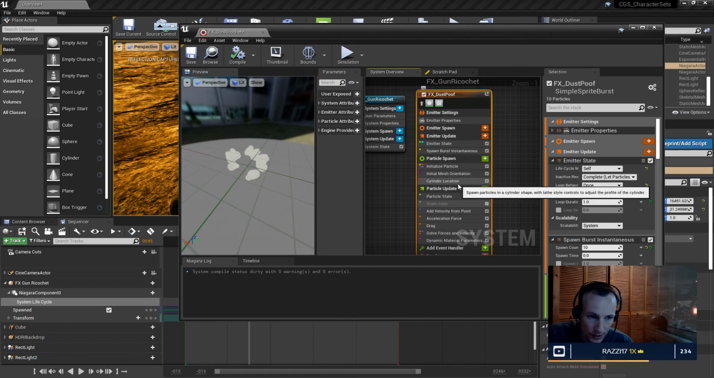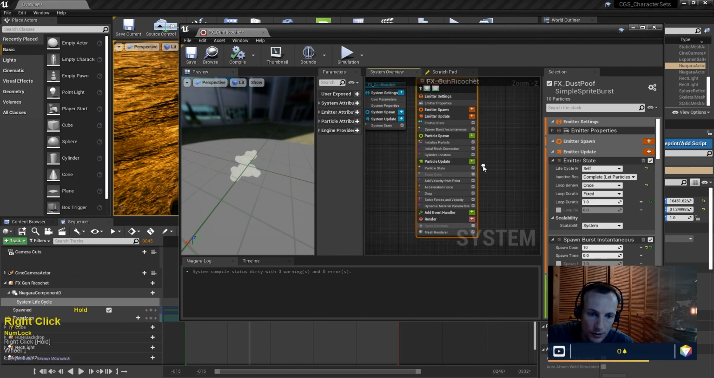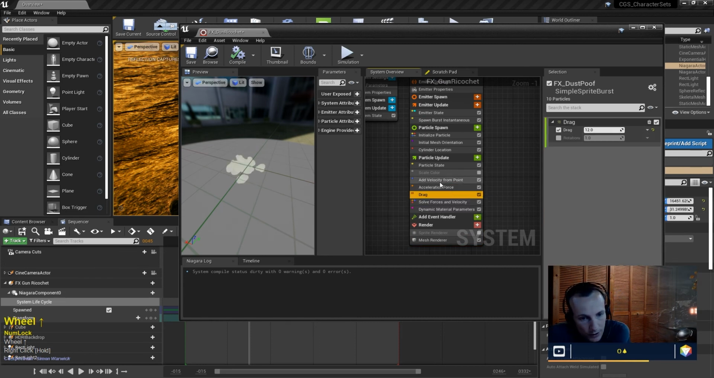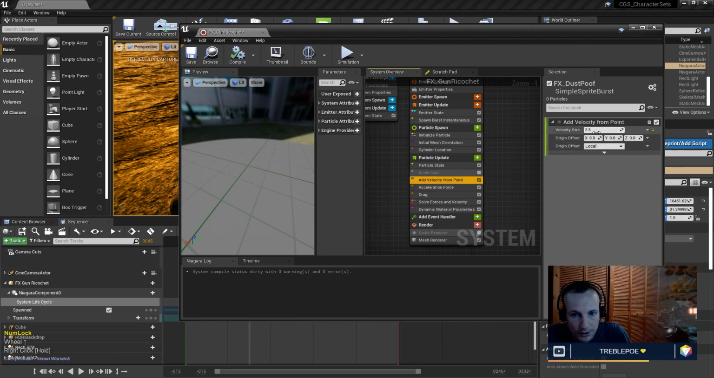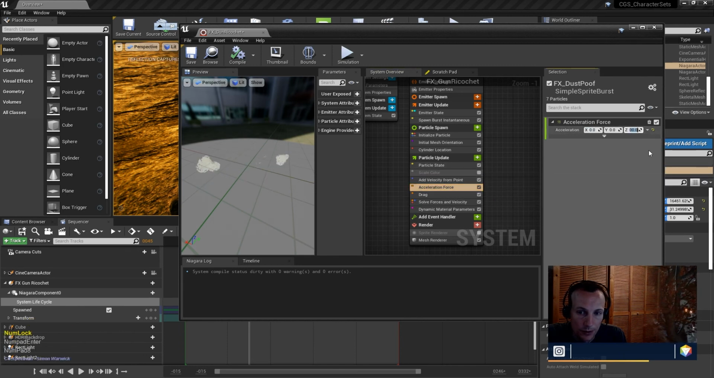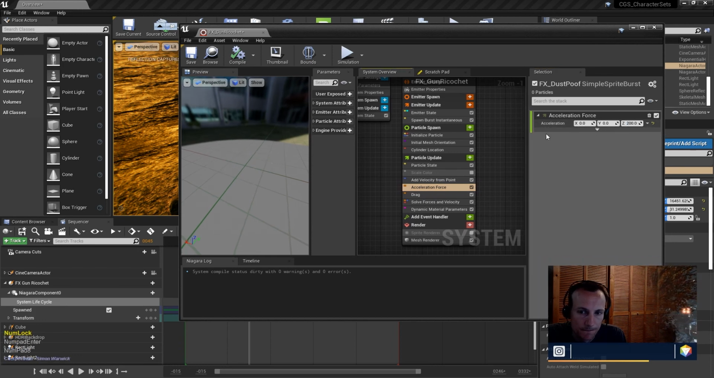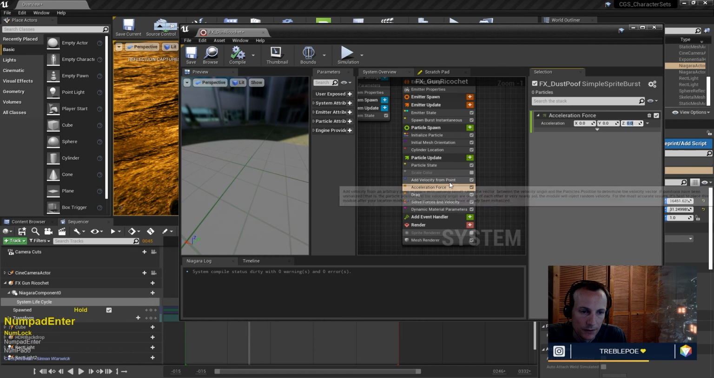Well, let's see here. Color wise, oh, I was going to make the speed faster. So we got drag at 12, acceleration force, add velocity from point. Make that maybe back up to 50. Maybe that's too high. 8. Acceleration force is 200. It's very high. Oh, let's make it go up. I don't even know if we need acceleration force, but